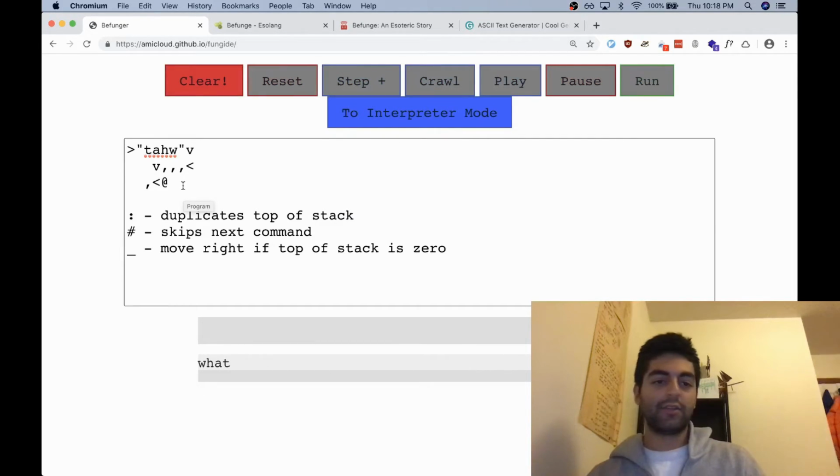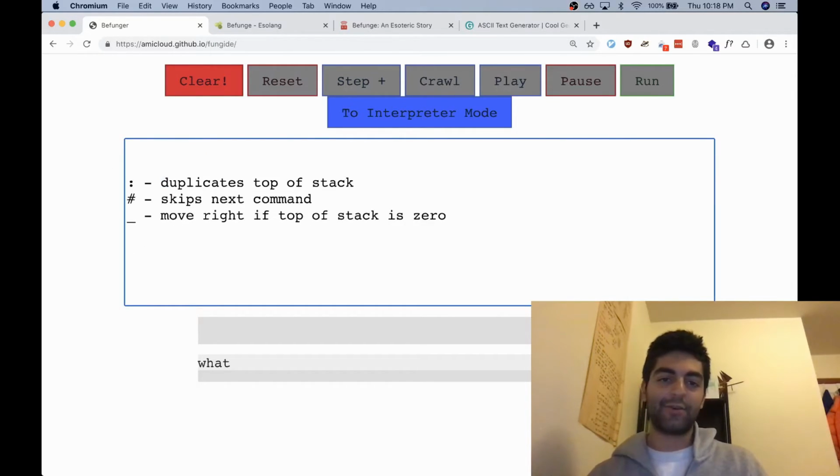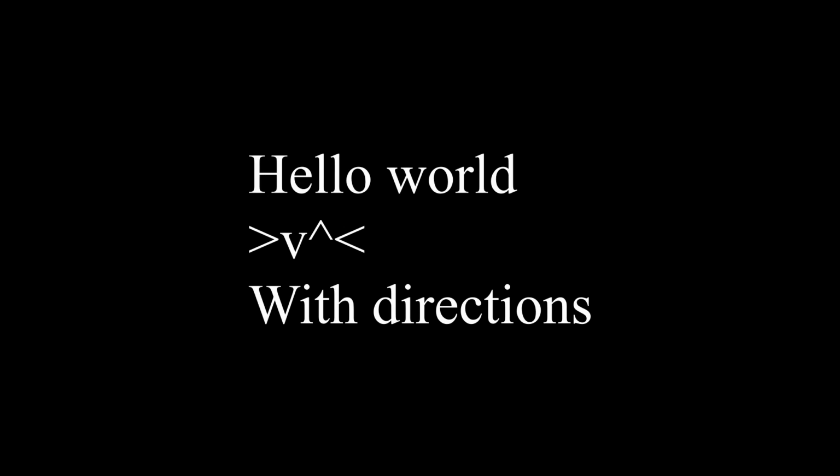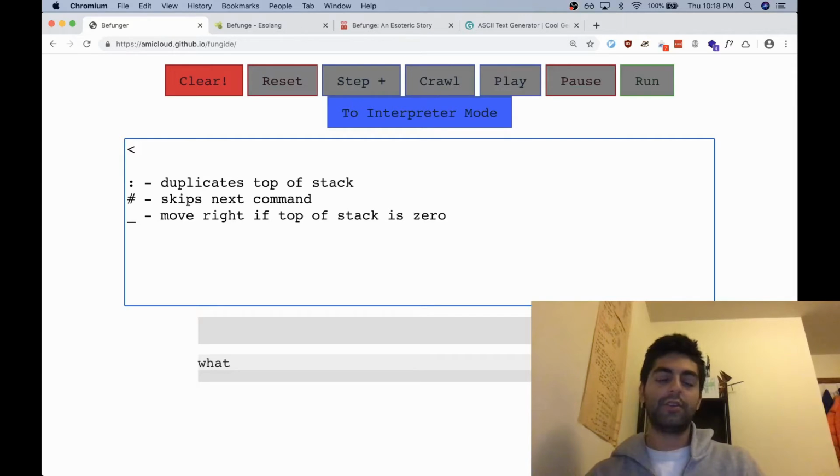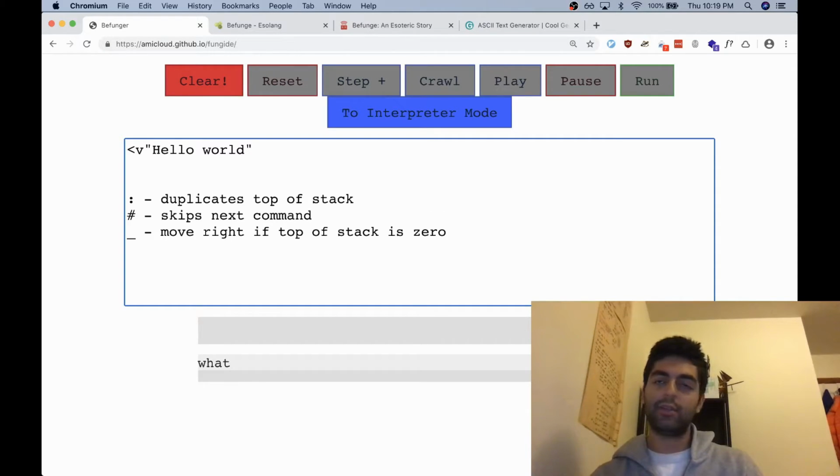So that's pretty interesting. So you can actually rewrite the hello world a little bit more, I don't want to say clean, because Befunge is not a clean language, but a little bit more interestingly. So you can start the same way, go hello world, put it in backwards, so going left this time. Then you can just go down instead of left. What you can do is just go right, print, down,